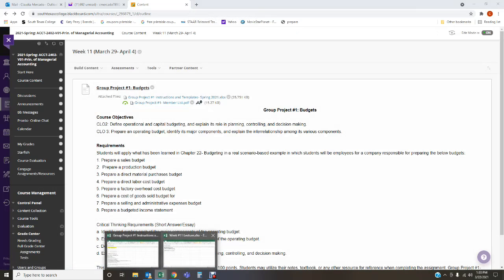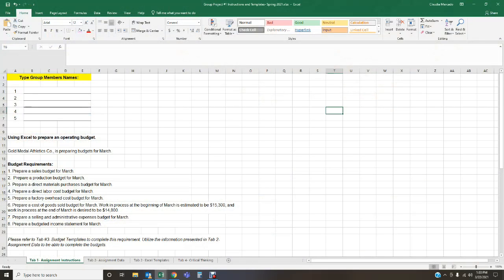And I've got that file open, okay? This is what it looks like. You're going to type in the name of the group members that are in your group. Now, this is super important. Only include the name of the group members that actively helped, participated, collaborated in the assignment. If a group member did not do anything, did not participate, did not contribute to the group project, then do not include their name here, okay?